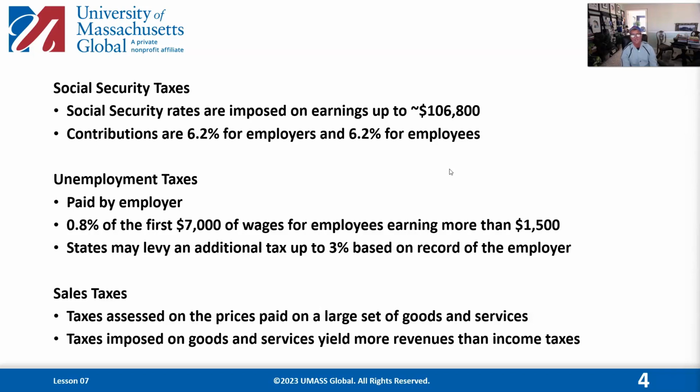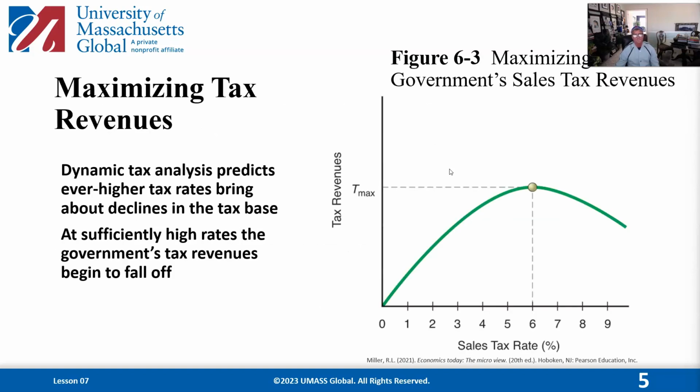Unemployment taxes. Unemployment taxes are paid by the employer, and that's to give people money if they lose their job, at least for a certain period of time. Again, the government used to have to give those people money if they lost their job. The government is saying, we don't want to provide those people money. We want employers to pay for that. So the government, again, as I mentioned a couple of minutes ago, is trying to figure out ways that when something negative happens to the population, the government doesn't have to step in and pay for those expenses. This brings us to a slide that I think is quite telling about maximizing tax revenue.